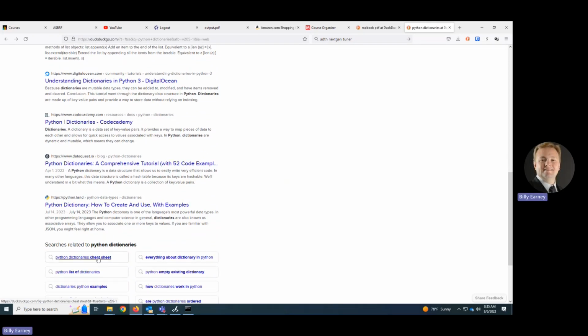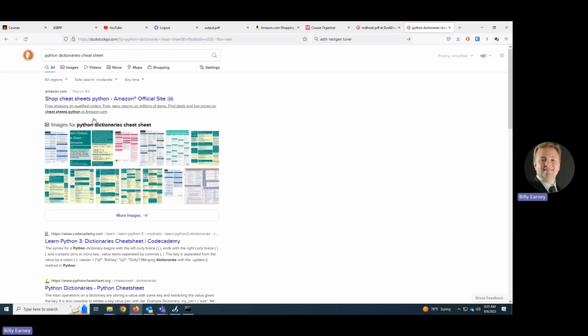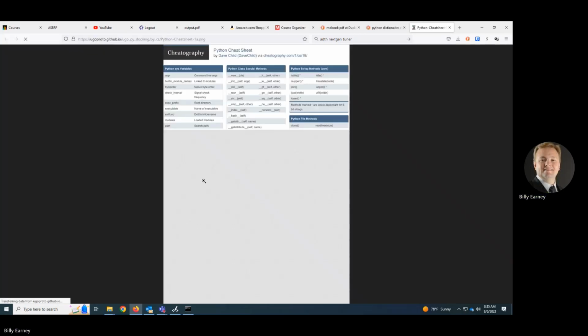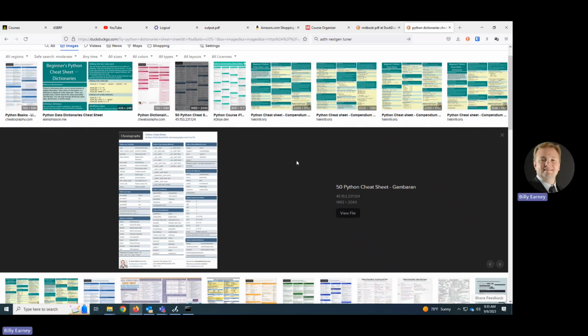Here, there's a cheat sheet so you can do a Google search on that. And some of these little cheat sheets here will give you some of the things that you can do. One of them here should be about dictionaries. I'm not seeing it right away. But feel free to go out and look at one of these. If there's one of these that you really, really like, let me know about it. If it seems to cover a lot of things that we're talking about, and I may put that on